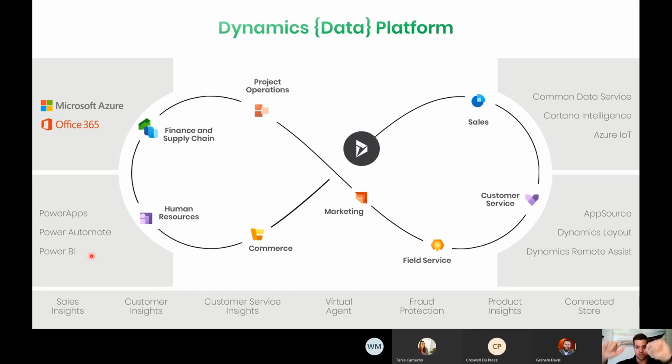The minute you turn data into something visual, you sense something new about it, and you can go and explore. Then on this side, we've got the rest of the intelligence platform, some of the products Microsoft is creating around artificial intelligence infused applications.